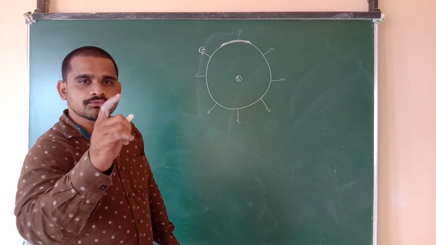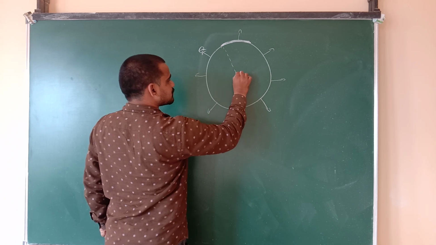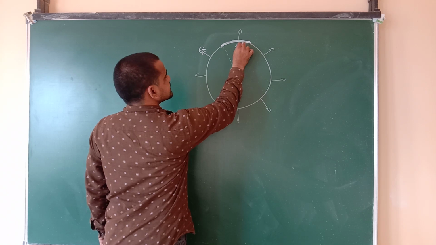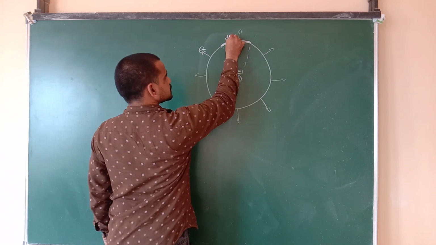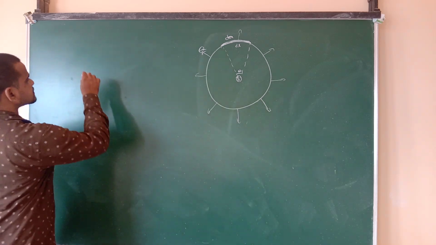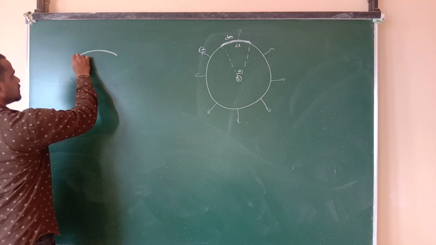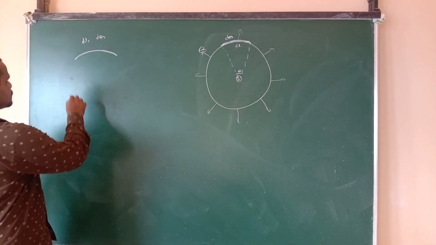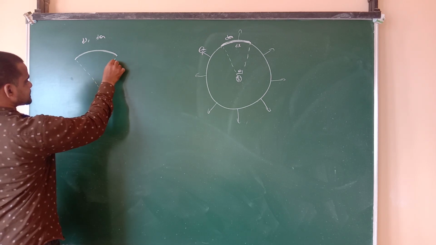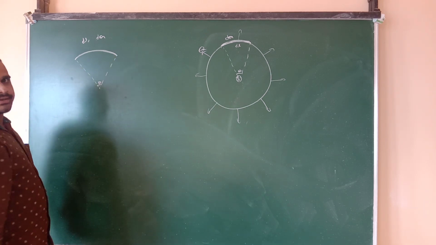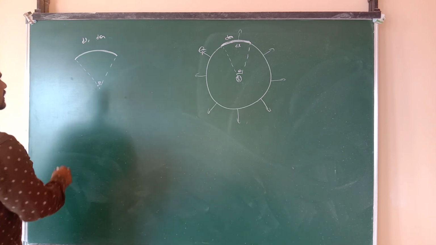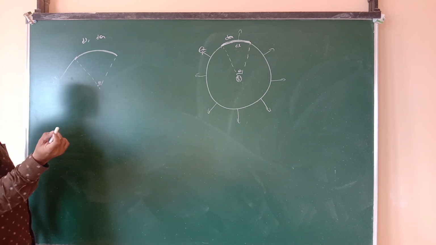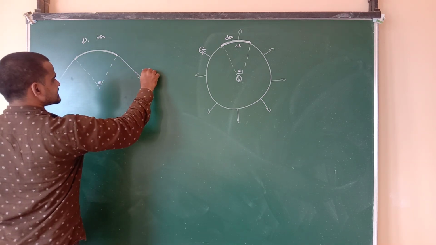What's the tension? For finding that, I am taking a small part of the ring here, which makes an angle theta. Length of this part is dl, and charge on it is dq. In this total ring, I am taking a small part of length dl and charge dq. It will subtend some angle theta. What's the tension direction of the string? Along the length of the string. The tension acts in this direction. Let dt be the small tension. It also acts in the other direction here.